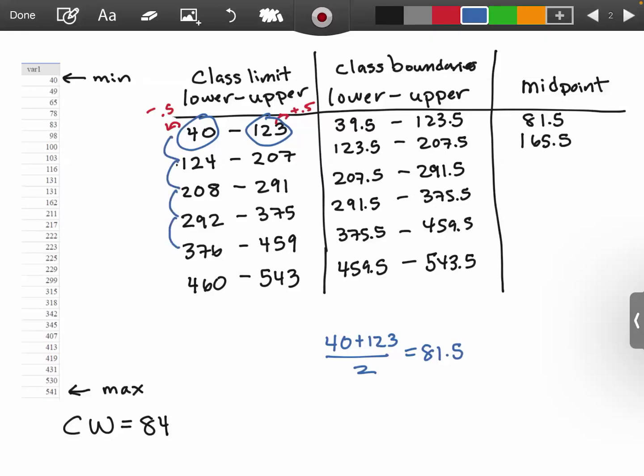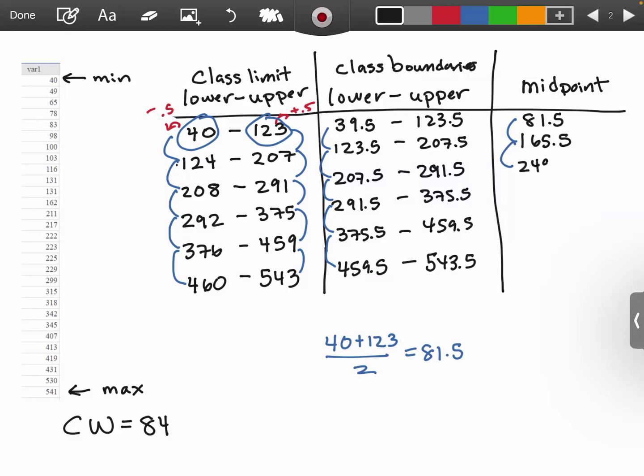A shortcut you can take is, if you notice, the difference between each of the class limits, as we talked about before, is the class width, 84. And the same thing goes for the upper limits. The difference is 84. Same thing goes with the class boundaries. The difference between each of these is 84. So if you don't want to do adding numbers and then dividing by 2, you can just add 84 each time. So if we add 84 to 165.5, you get